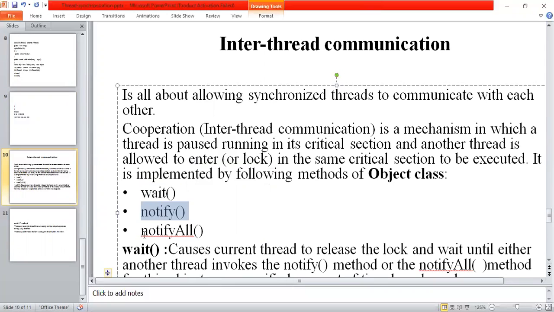And what is the job of notifyAll? Suppose instead of one thread I have multiple threads, and all of them are waiting for the process. In that case, once the first thread is over its execution, it sends a message to the remaining threads by using the signal called notifyAll, so that all the threads wake up and are ready to do their process. So this is about what happens if you don't have synchronization to execute multiple threads, and if you have synchronization to execute multiple threads.